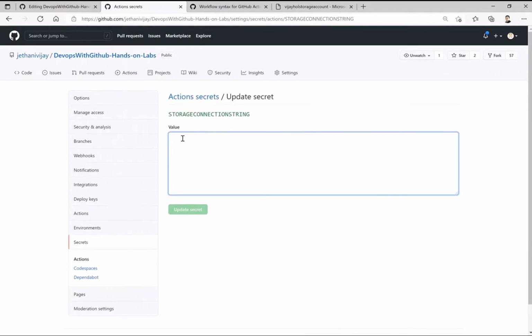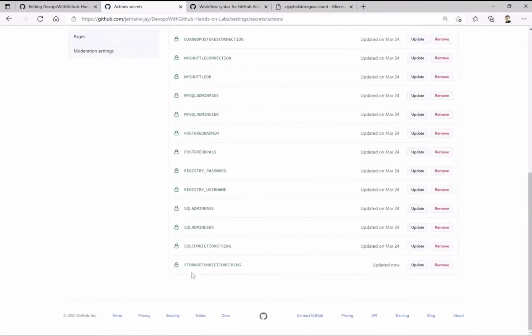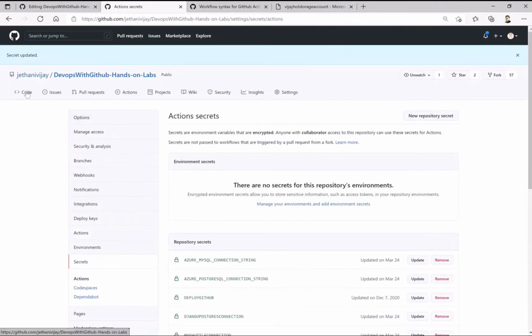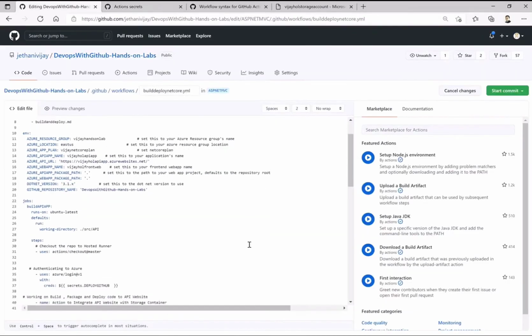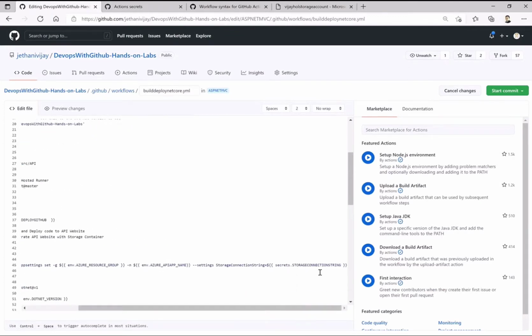Make sure you have the quotes because this is stored as a string. Whatever I copied, I've given it quotes, so it updates my complete secret as a key value pair, a secret string, which is given while I connect through that particular connection secret. Okay, so I have updated it now. Going back to our code, let's see if we are missing something or we are good with that. I think I'm done with the secret.